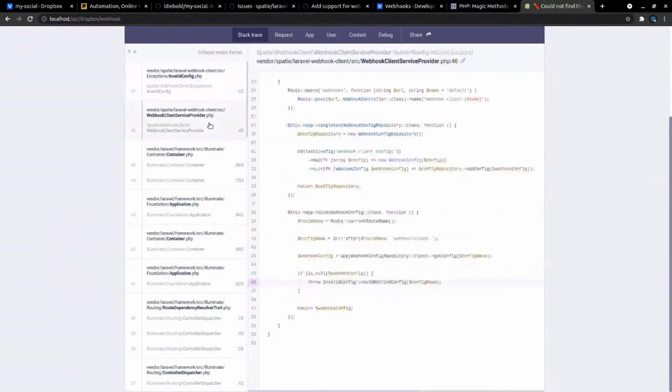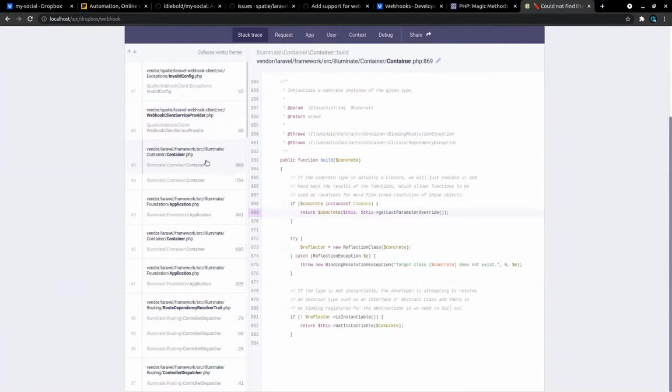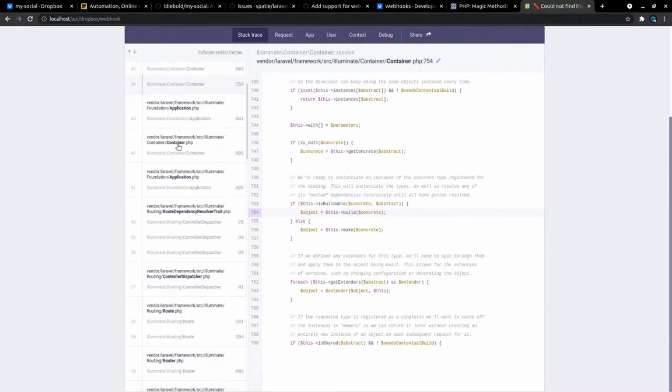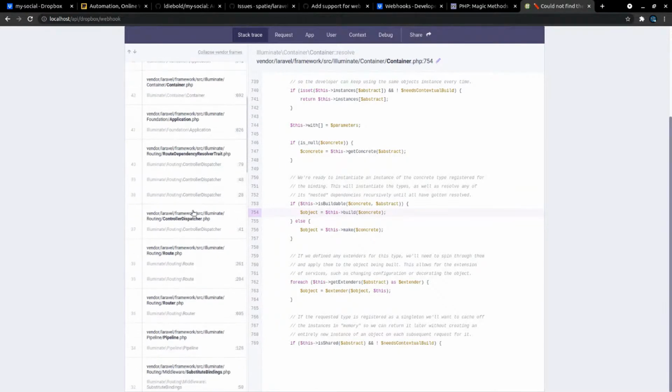So let's just go back a bit. A bit further. Kind of want to get out of the container.